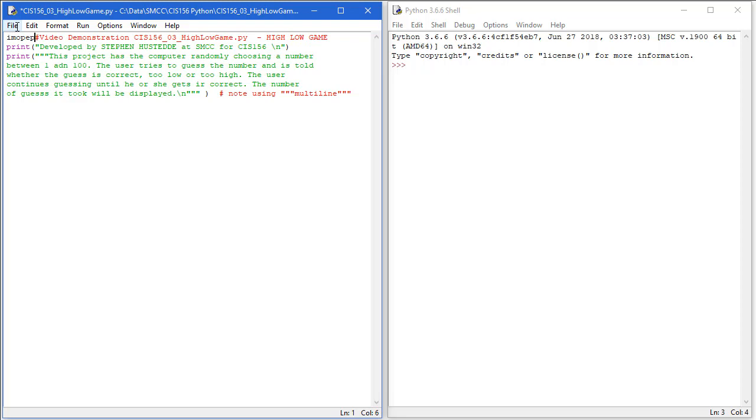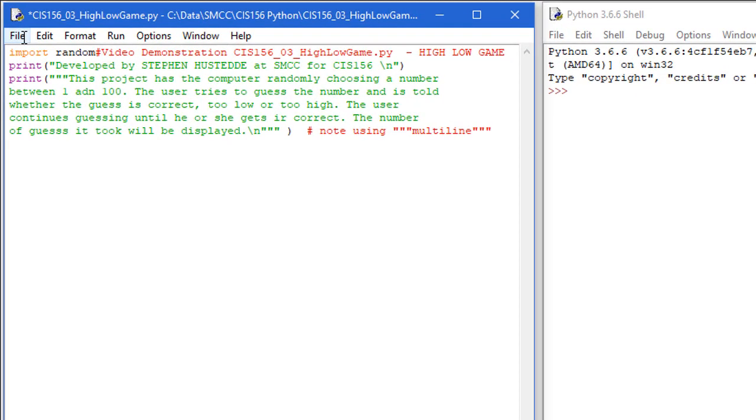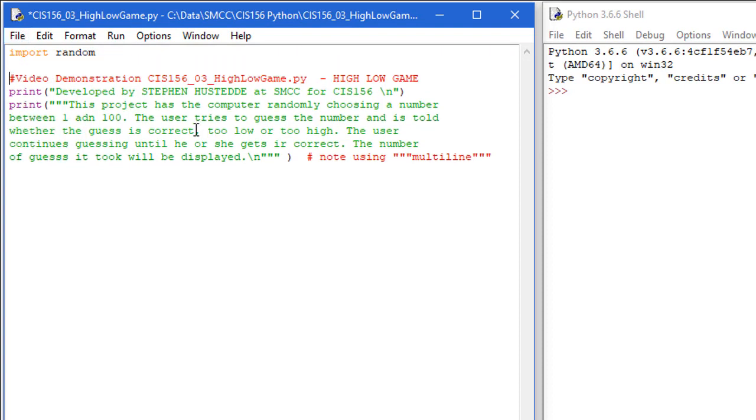So I'm going to put my import statement up here at the very top. I like to put all my imports at the top, although it certainly could come anywhere in our program before we use random. But it's tradition to put your import statements at the very top in pretty much every language. Okay, so